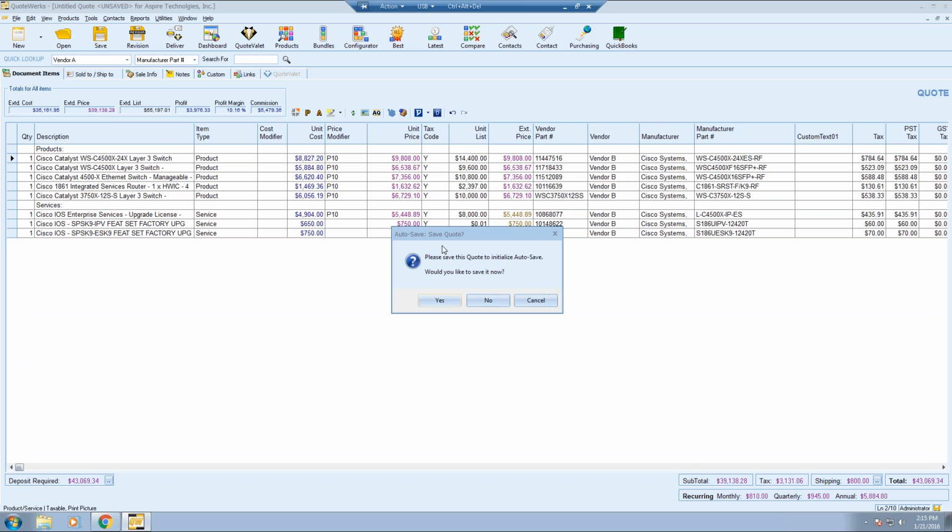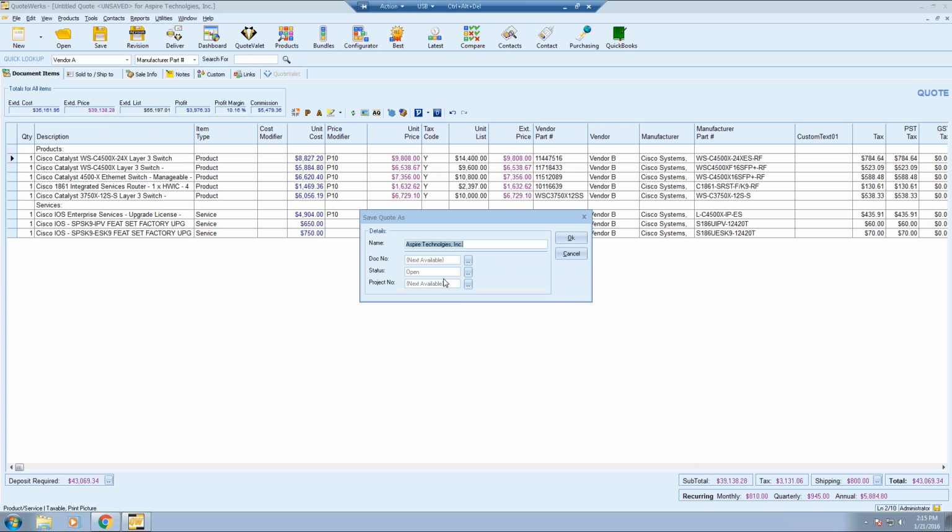It's going to pop up this little dialog box here. It's going to say, please save this quote to initialize the autosave. This is important because this is how we start the autosave. If you hit no, QuoteWerks is not going to run the autosave in the background. So you need to make sure you hit yes, and then it'll prompt you to save the document as you